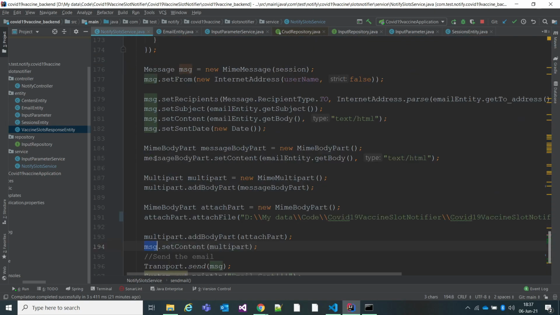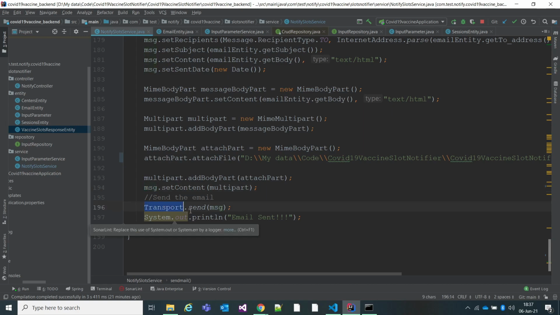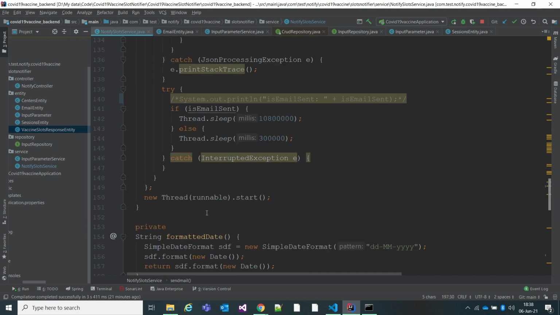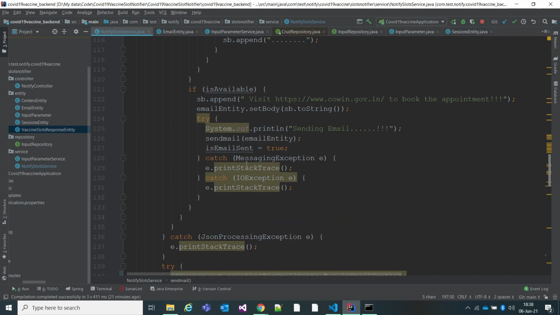Once the message is created, you need to send this via the transport.send method, and once it is sent, I will just sysout the email sent. So once it is sent, my email sent will become true.